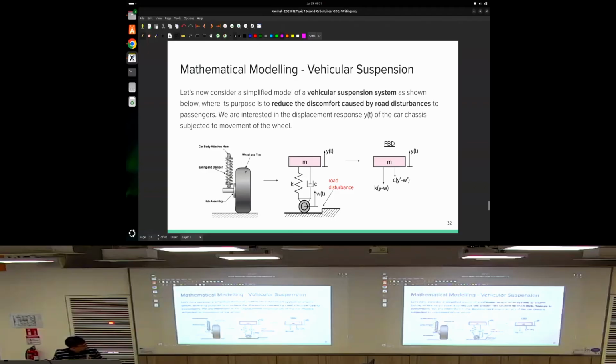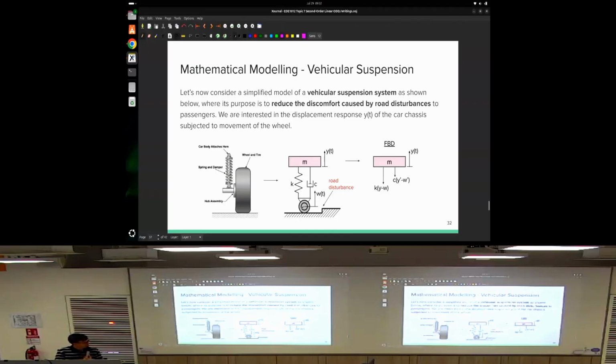Okay, so you have a wheel that is connected to the hub assembly, then the hub is connected to your suspension system, which comprises the spring and damper. So you can see the mathematical model will look something like that. So there's a wheel here, right? In reality,